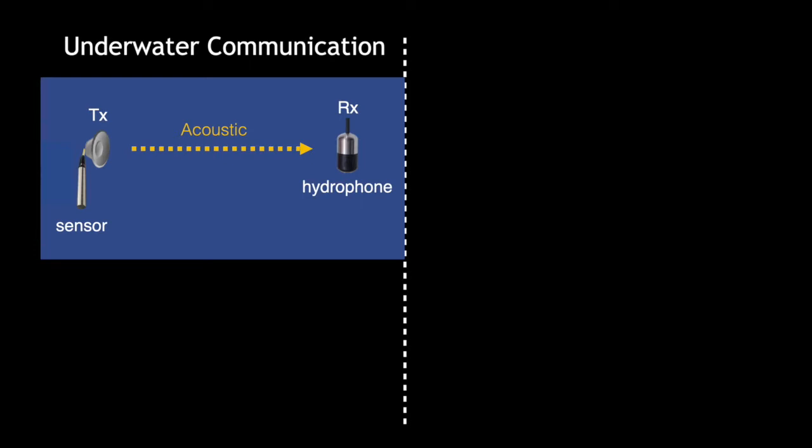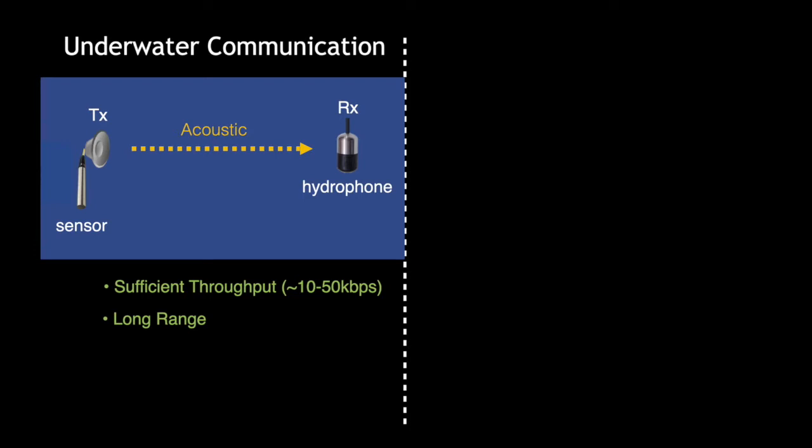For those of you who are not familiar, we cannot use Bluetooth or Wi-Fi in underwater because these signals decay very rapidly in water. Now, the nice thing about this approach is we can get sufficient throughput of about 10 to 50 kilobits per second to deliver on the vision of Ocean IoT. We can also communicate over a long range that can be about 50 to 100 meters or even more.